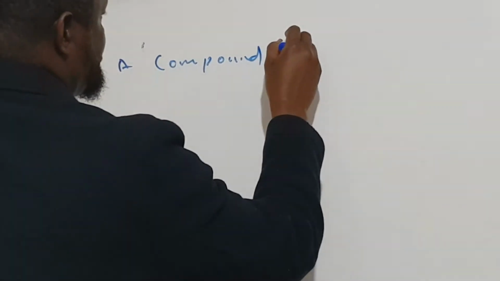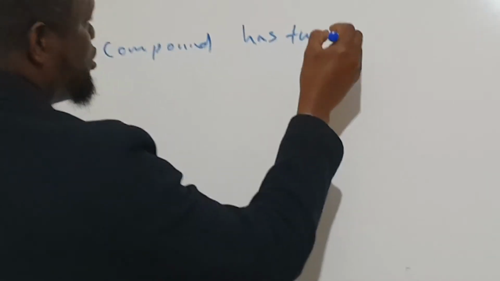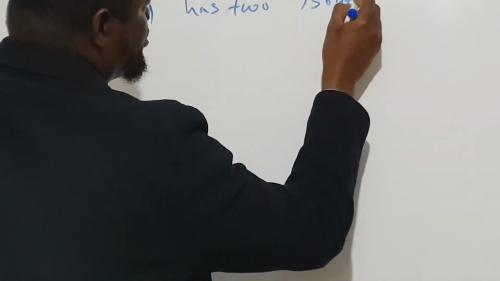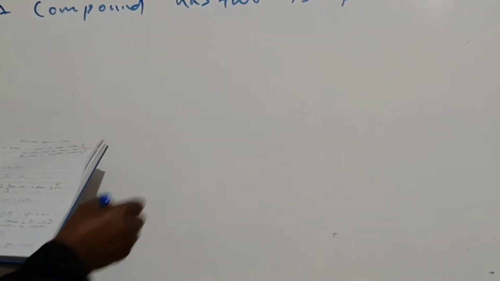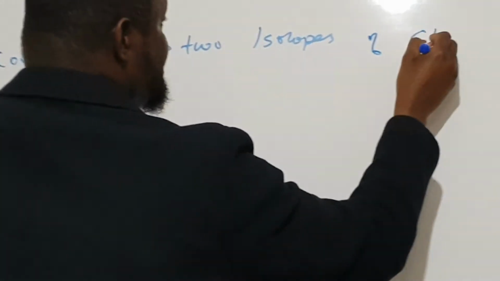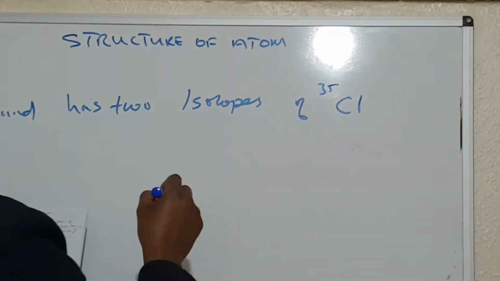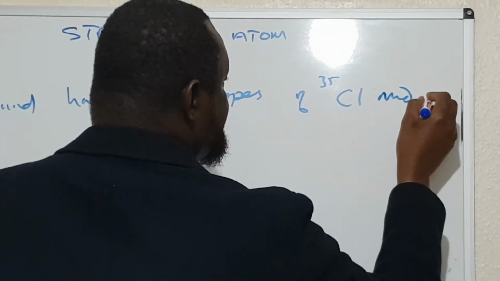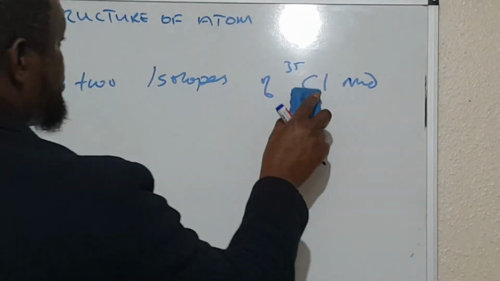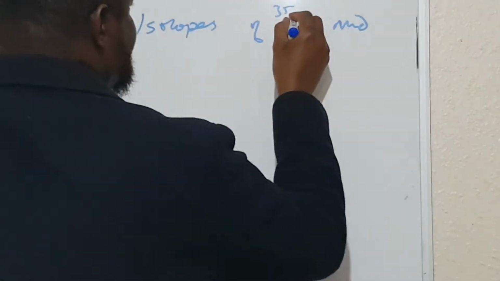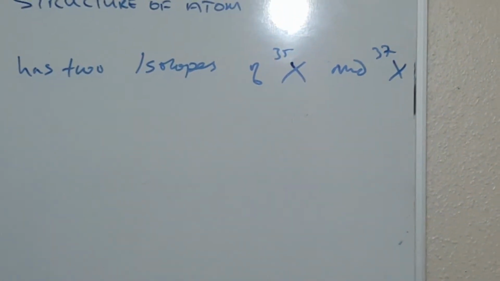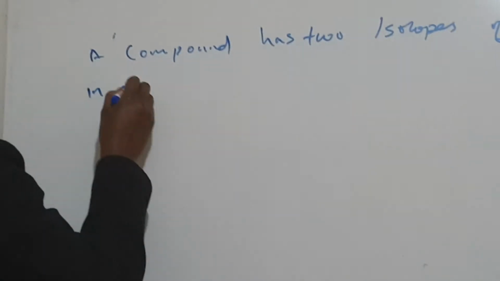Another question concerning this: a compound has 2 isotopes, let me call them X35 and X37, in an abundance of